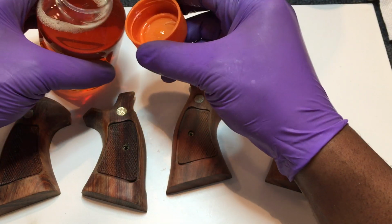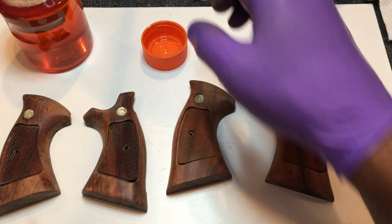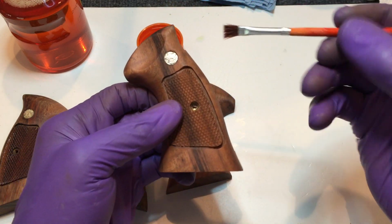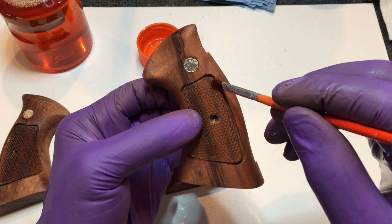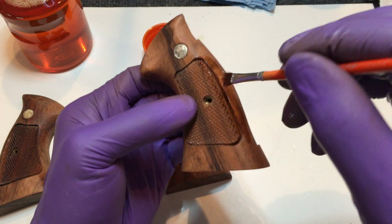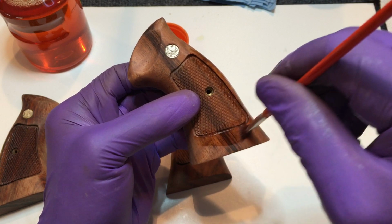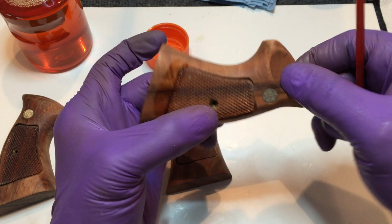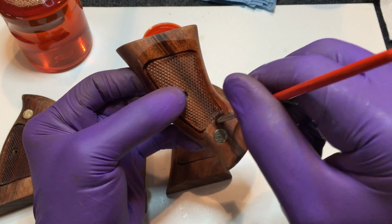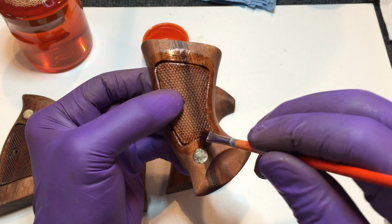And you're going to use very little of this, so I'll just put a little in the cap. And we're going to start. What I always do is I'll start on this track first. I hope I catch this on camera. I'll just go around the track, and I may just have to dip it out of the jar. I'll go around this groove, put a nice thin bead in the groove, nice thin layer in that groove. And you don't want to put it on heavy because it's real thin now. It'll pool on you, so you don't want to do that. And then you just